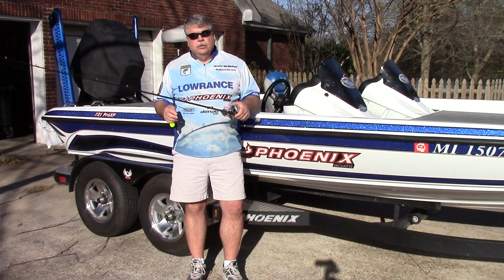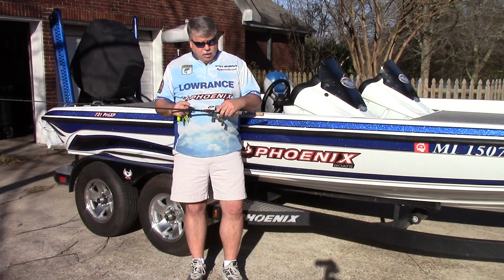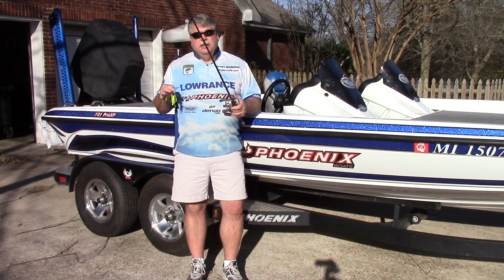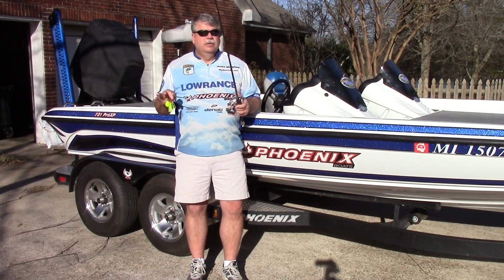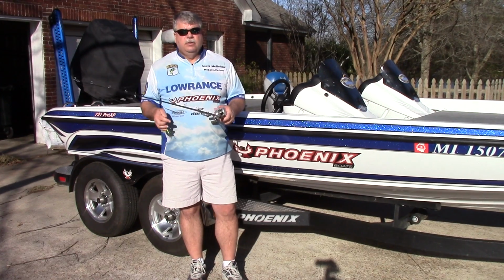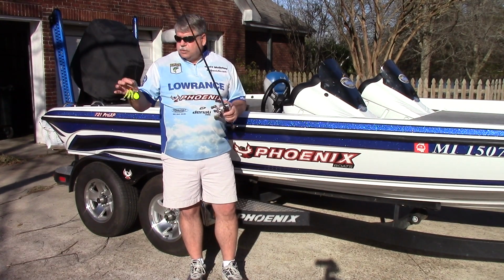It's also important when you're slow rolling it to use a slow reel. I'm using this 5-to-1 gear ratio. One turn of the handle moves that line about 18 inches on there, so that gives you a nice slow retrieve coming back. As far as baits are concerned, I'm going to want a 1/2 ounce spinnerbait, and I'm going